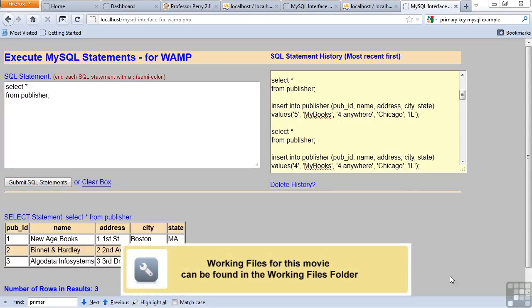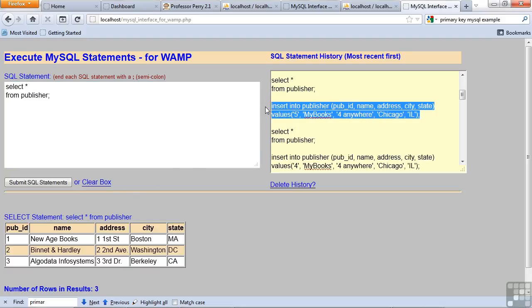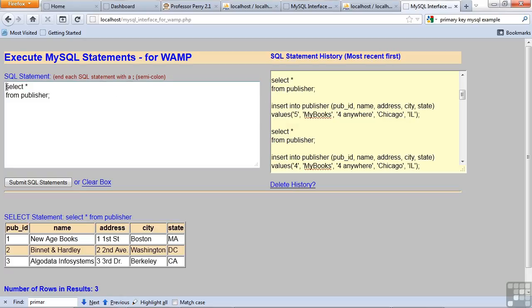This lesson is on using an insert statement to insert new rows into a table. Now I've done a select here from the publisher table, and we can see that there's 3 rows of information, 3 publishers, and I want to add a 4th. So to do that, I'm going to copy from here, and I'm going to insert the statement above, the select